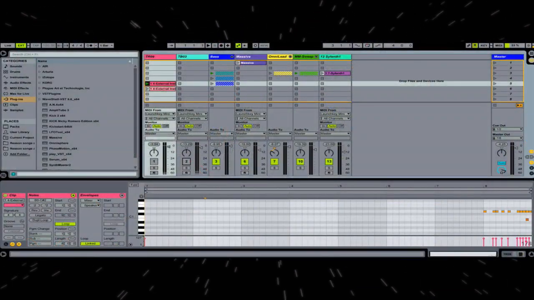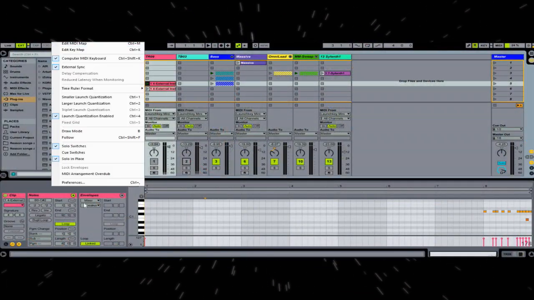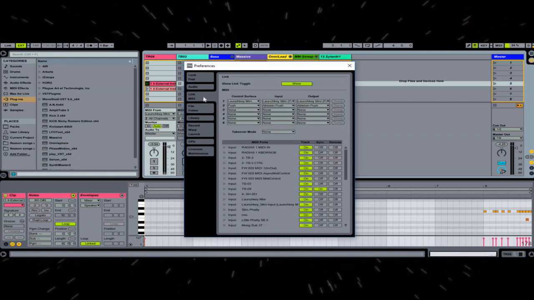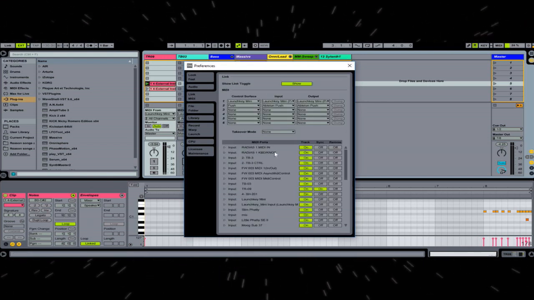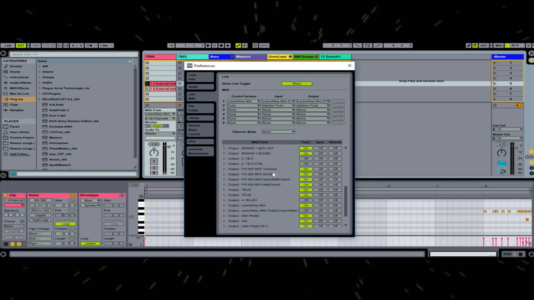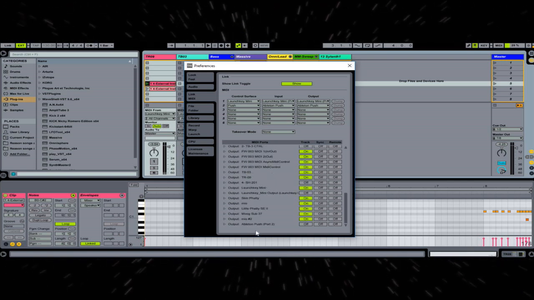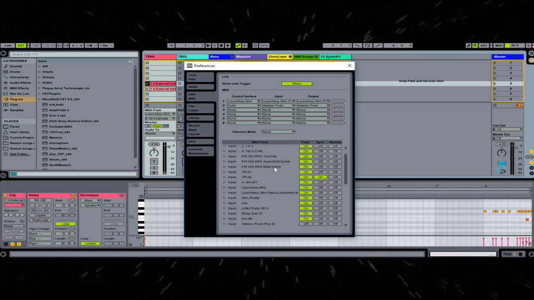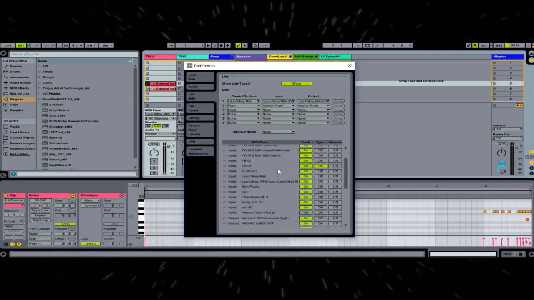The way to do this is in your options in Ableton, go to your preferences, go into your Link MIDI section here. In here, this is going to list all of your MIDI capable equipment. Now, I have a lot of hardware connected, so